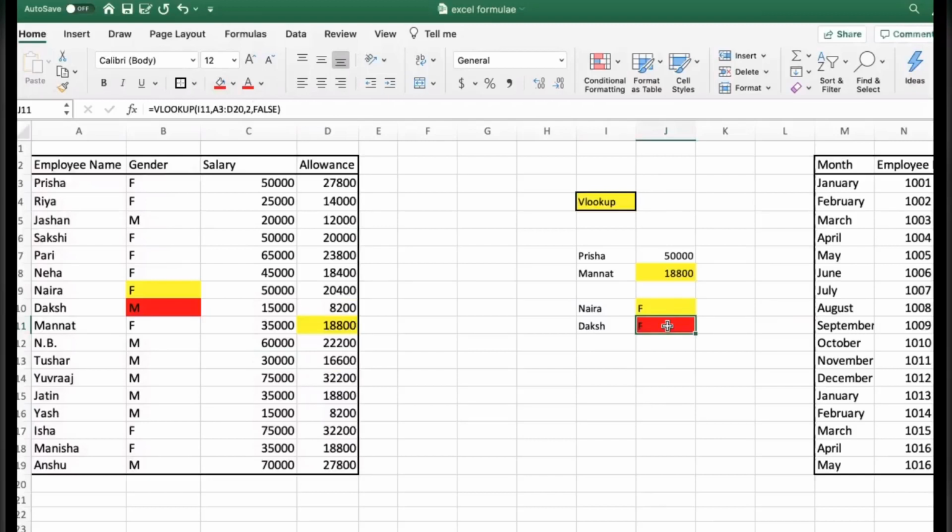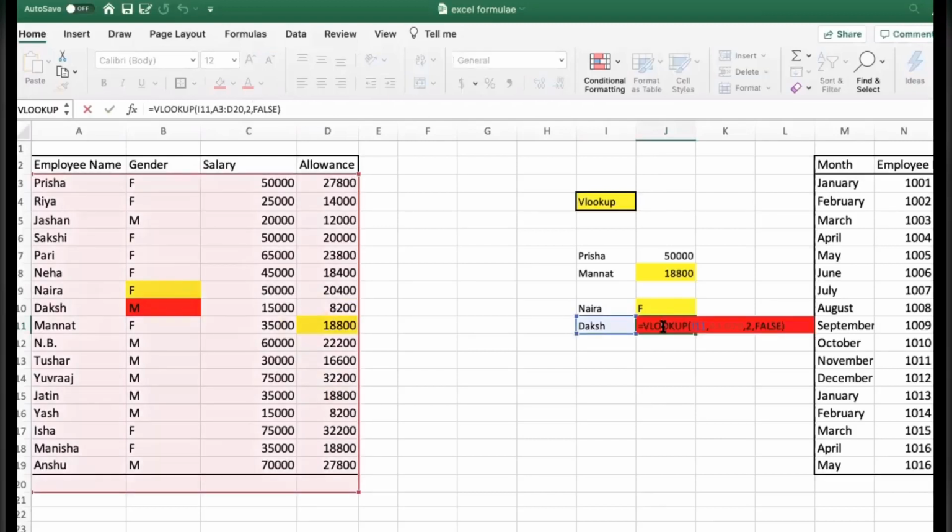It means there is one more mistake. What is the mistake? We have to find out. Okay, so you can see I applied the formula VLOOKUP, and then we entered the lookup value because I'm asking for Daksh, so Daksh was selected automatically. And the next one, table array, you can see it dragged the table information from there to there.